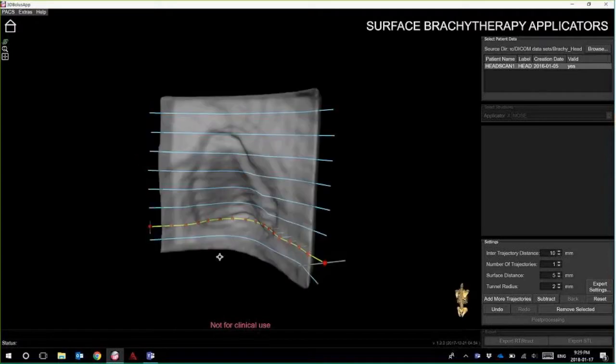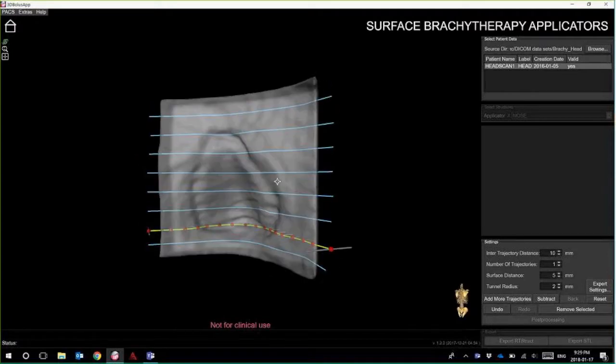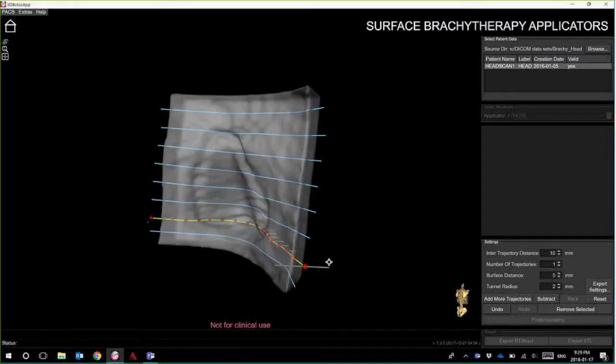Anything on this bolus right now would be fine for the iridium source. But if you see a little bump caused by something on the object file, like a bump from the CT wire, you can manually go in and smoothen that out. Or what you could do is, if you know that